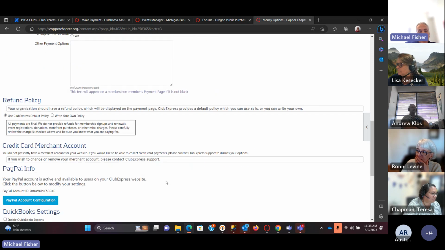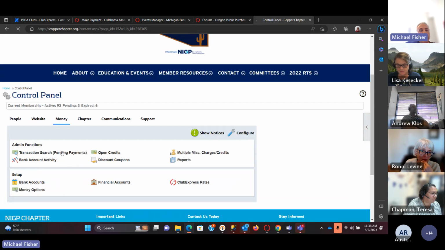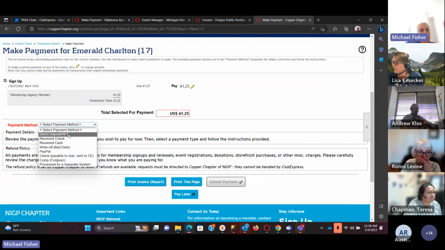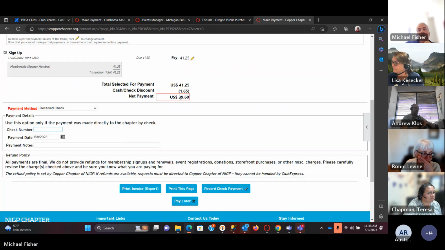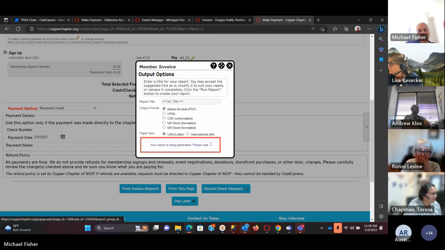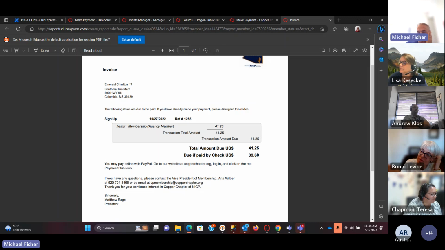Let's say it's 4%. And then I click on save and I go back to the transaction with the pending payments. And if I am going to pay by check, I guess I was wrong in my calculations. So it comes out to $39.60, but then when I print the invoice, you'll have to determine what the discount is going to be. You just have to do some backwards math to figure out what it's going to be so that it comes out to $40. That makes sense?